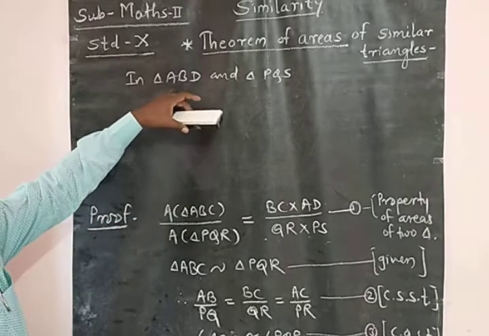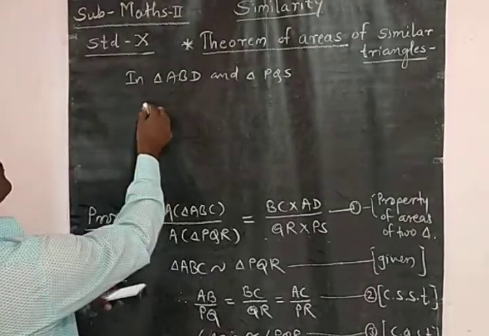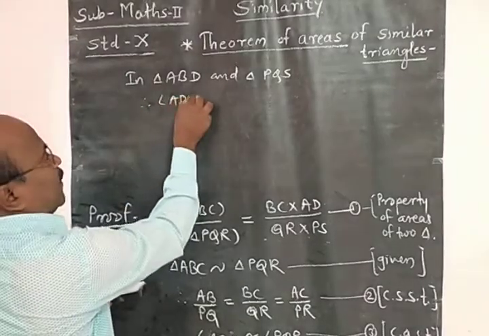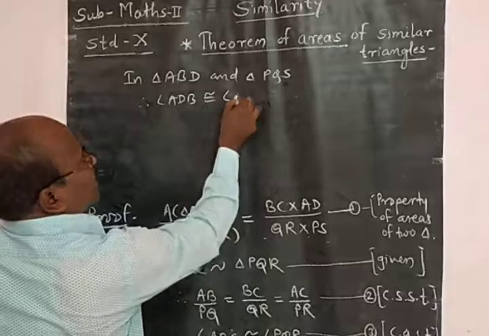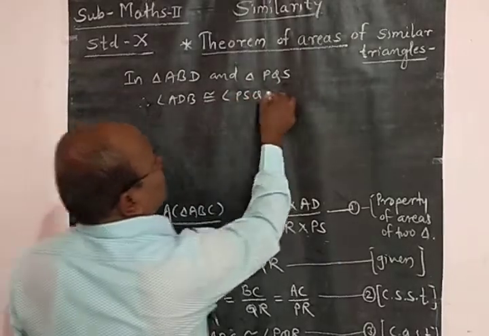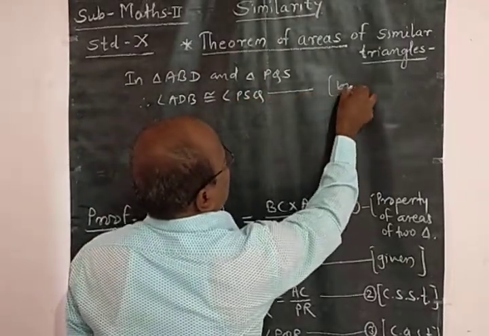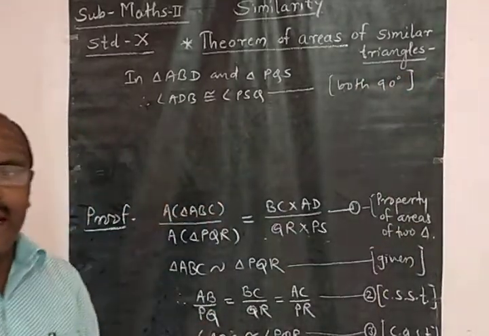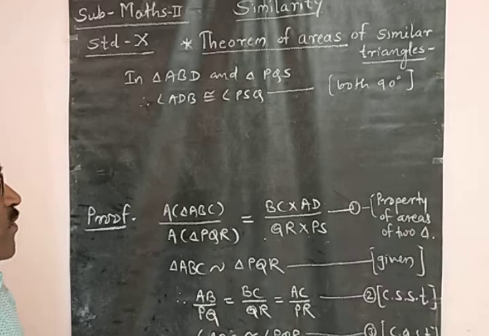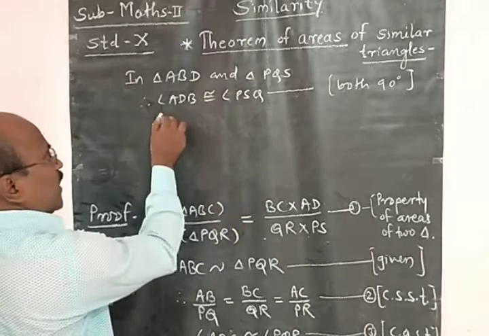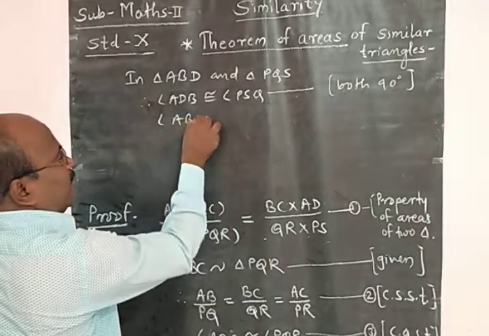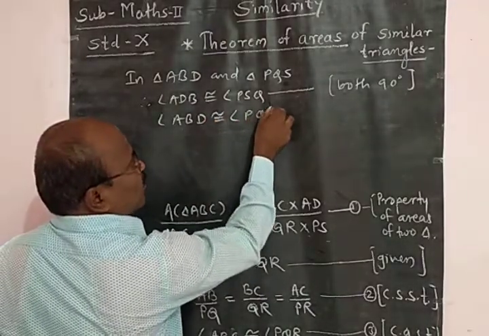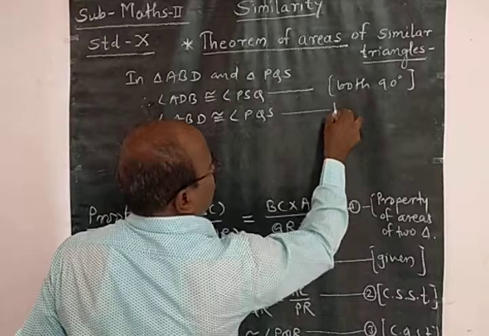Now you prove this triangle. So angle ADB is congruent to angle PSQ. Write the reason here: both are 90 degrees, or both angles are right angles. Again, angle ABD is congruent to angle PQS from